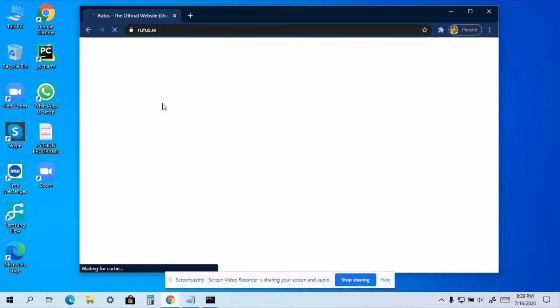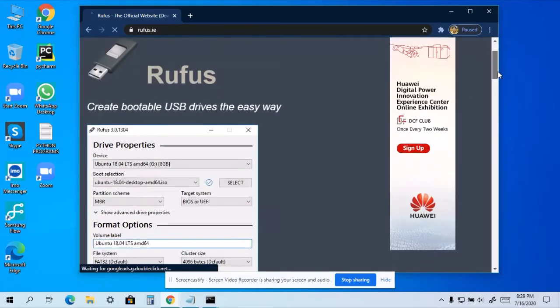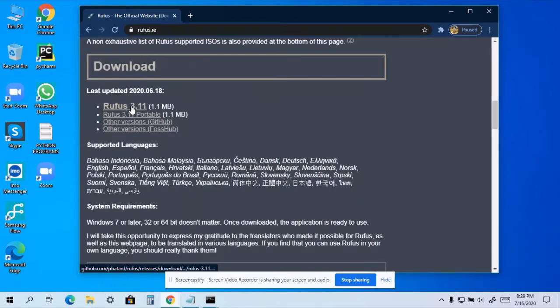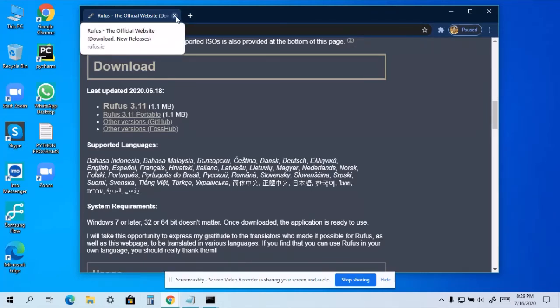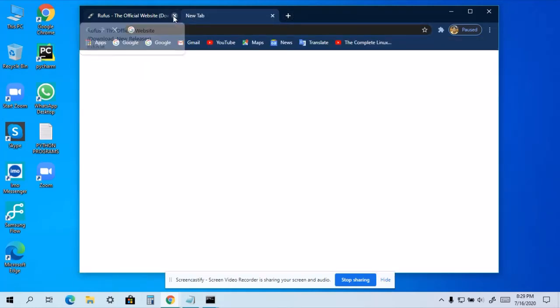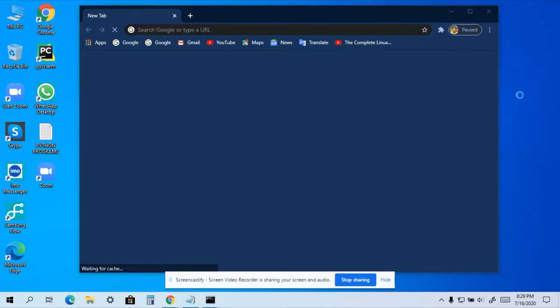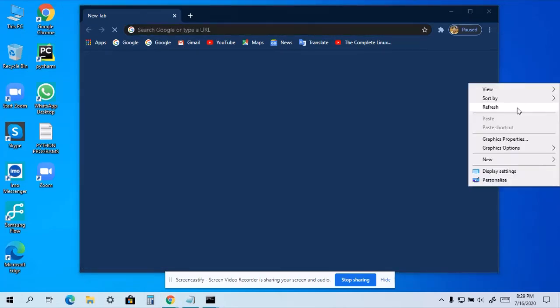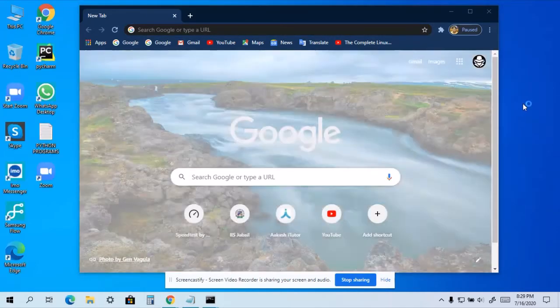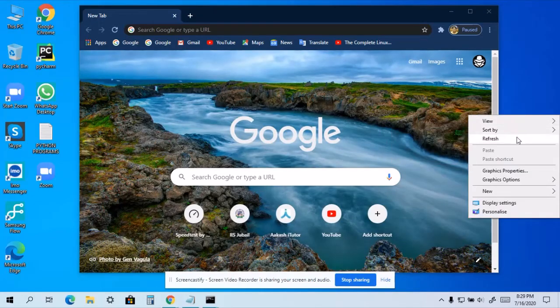Go to rufus.ie or the official site, and then you need to download Rufus 3.11. I'm not going to show this to you. I'm just going to explain how to do this because it will take a lot of time, and I don't want to waste your time.